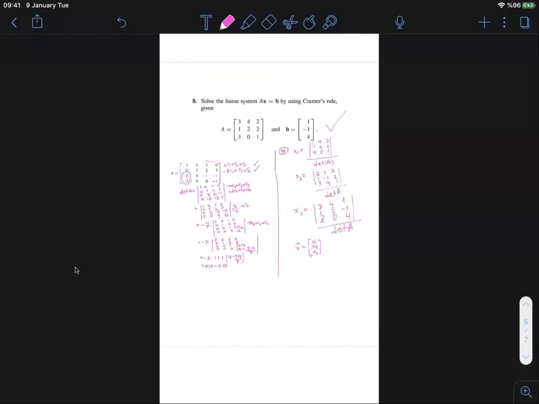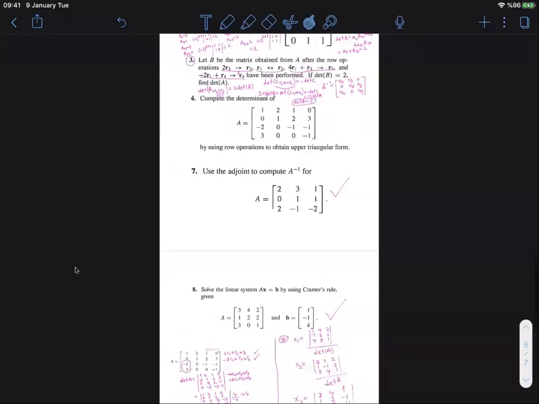I don't want to compute all these determinants because you see my stylus pen is broken, so it's very difficult to write. It's very frustrating for me. So yeah,